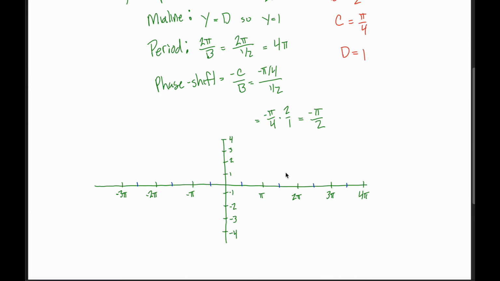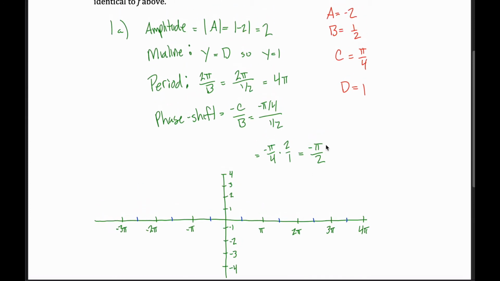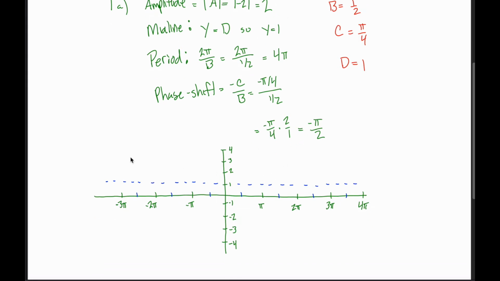So I'll start with my scaled x and y axes. And I think it's easiest to first draw your midline. So my midline is given by the equation y equals 1. So this dotted line with the height of 1 will represent the middle, vertically speaking, of my graph. And then from there, since the amplitude is 2, I want to go up by 2 and down by 2